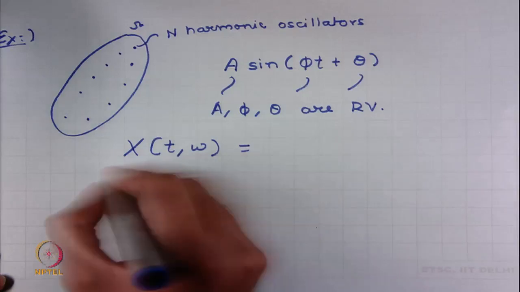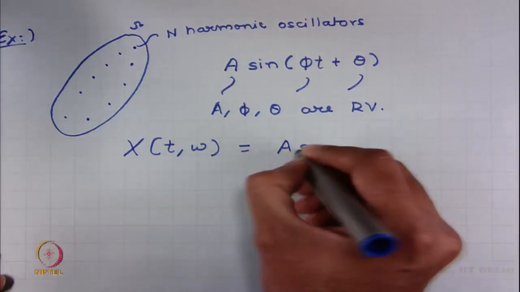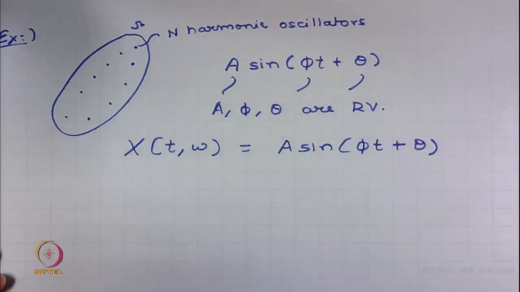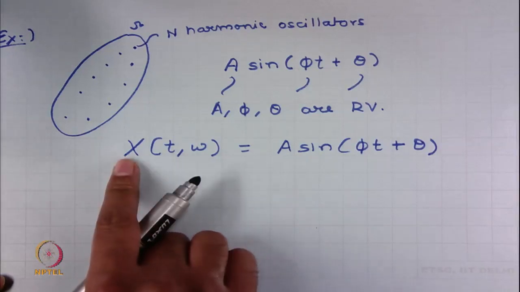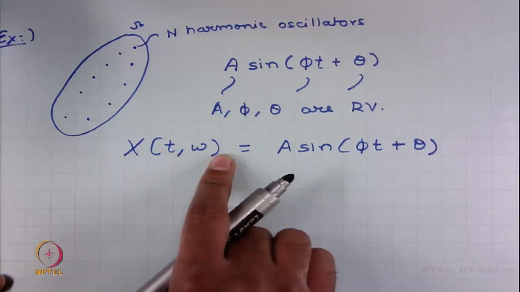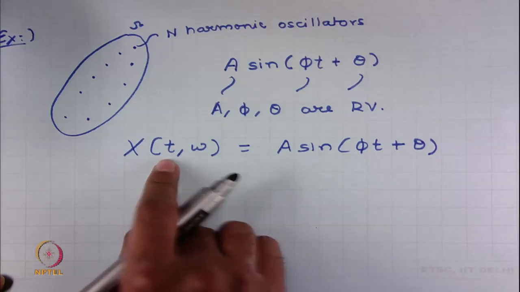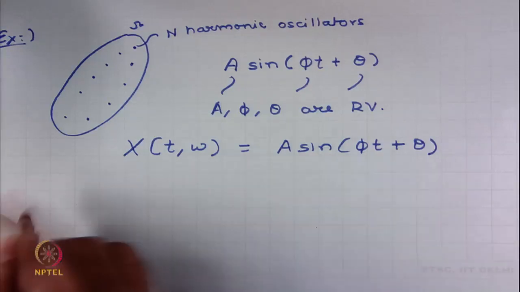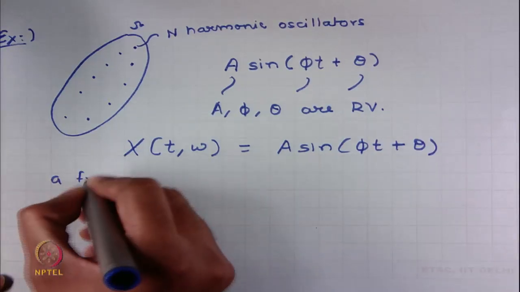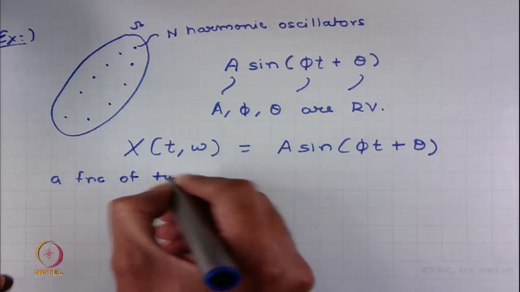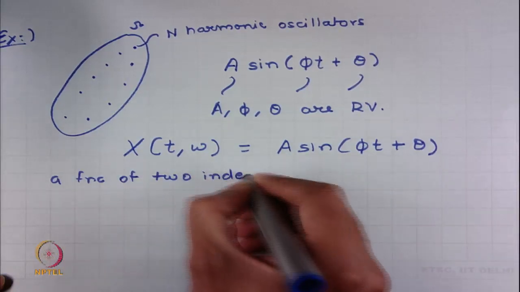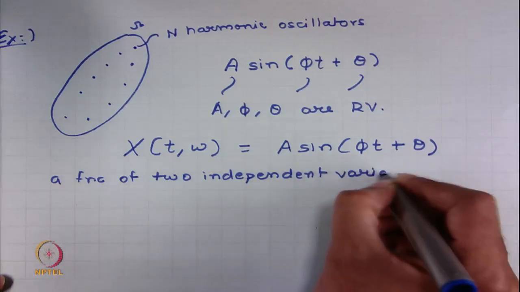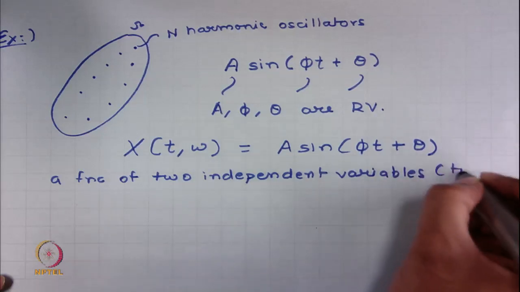So, I can write a random process as A sin(phi t + theta). Now, the first thing that you should appreciate is that this random process is a function of two independent variables. So, it depends upon time and it depends upon omega. Omega represents the outcome of an experiment. So, a random process is a function of two independent variables. It is a function of time and it is a function of omega,